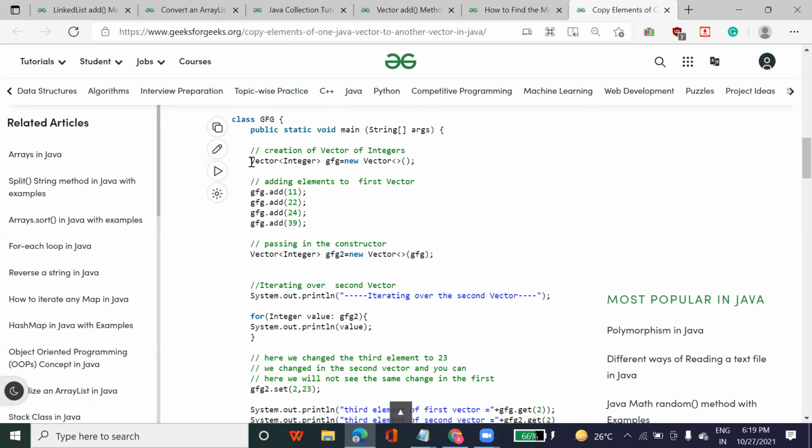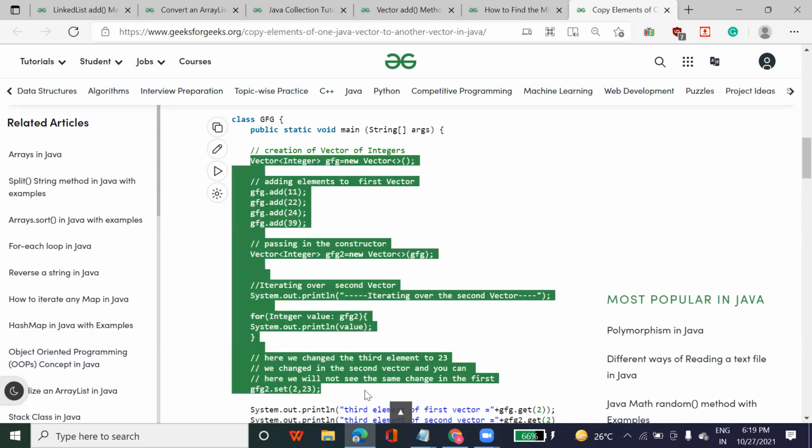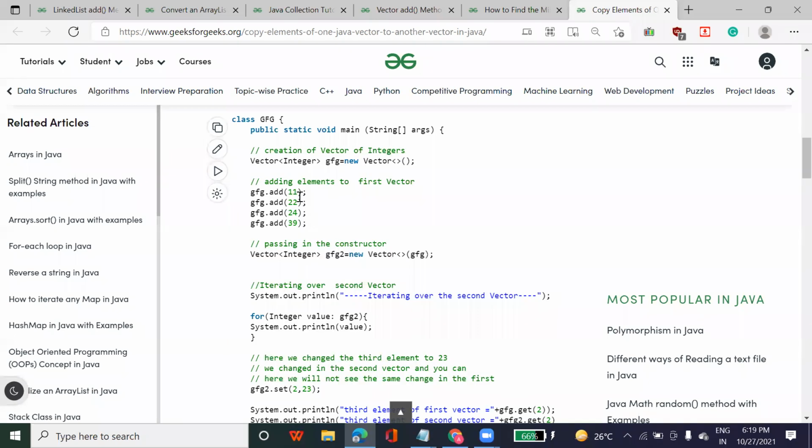In which application will we use that vector? You can use it in data structures, you can use it in every application where you want to work on the data. We handle large amounts of data, like in online applications, online forms, where we have to handle a large amount of data. Especially in banking, we use this collection. In sales, we use this collection, where we have to manipulate the data. Okay, sir. So this is about your vector.